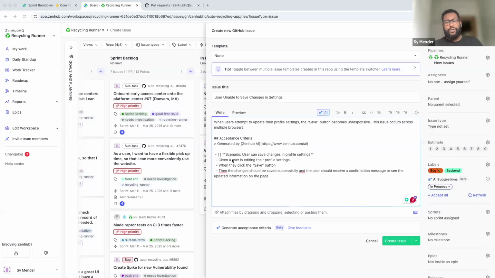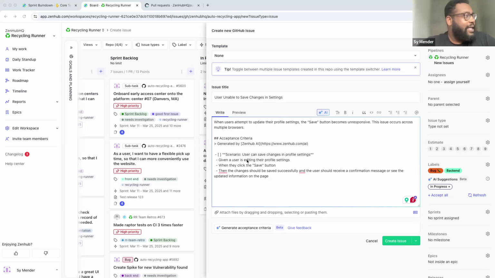But it does do two things. One, it cuts down on the amount of time it takes yourself or one of your team members to go into Zenhub to go ahead and create that ticket. But the second thing is, our theme of the day is standardization, right? Creating a system that allows everyone's work to look somewhat similar.